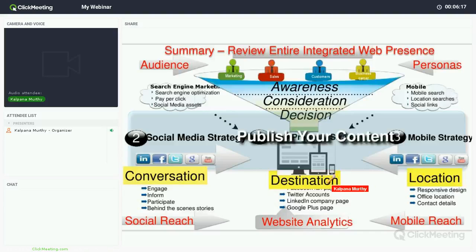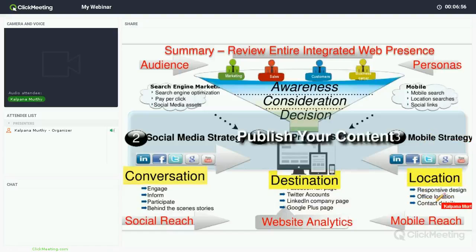And you definitely would like to have all your social media accounts reachable from your website. Social media strategies depend on the industry, and we're going to cover the strategies for different types of industries in later parts of this series. Just the most prominent ones are LinkedIn, Facebook, Twitter, Google Plus, and YouTube. This is where you'll engage and start the conversation with your prospects and clients, inform them about your products and services, and any related educational material that they may appreciate and consume in their research.